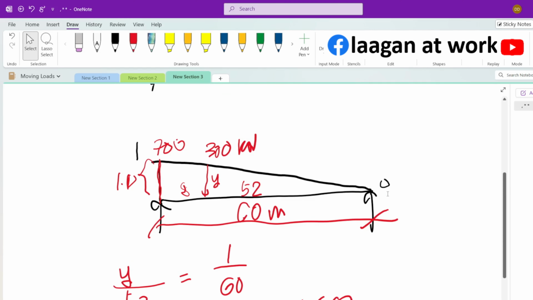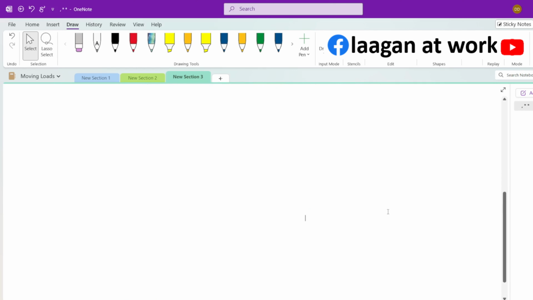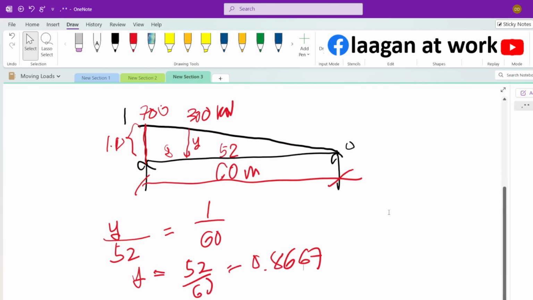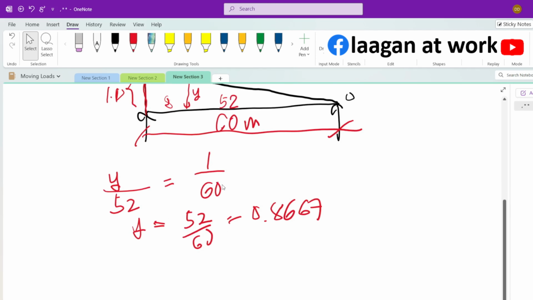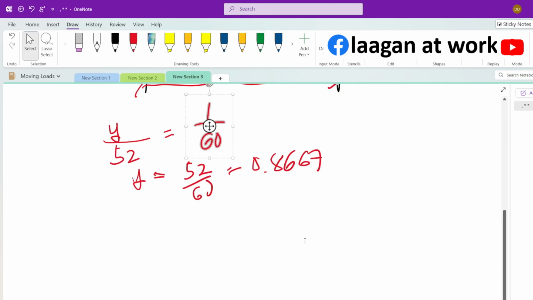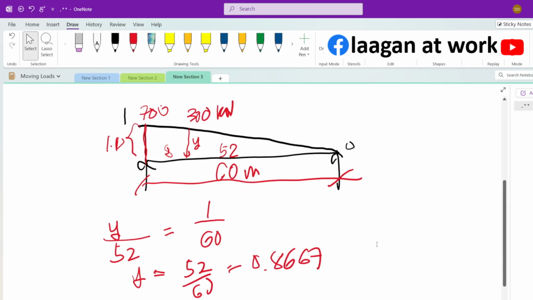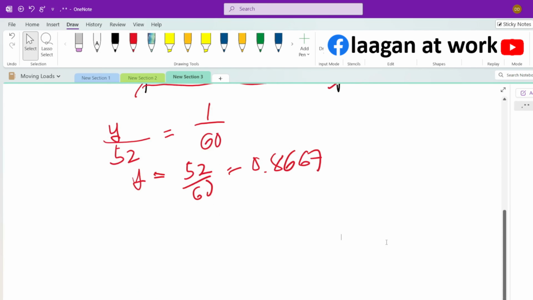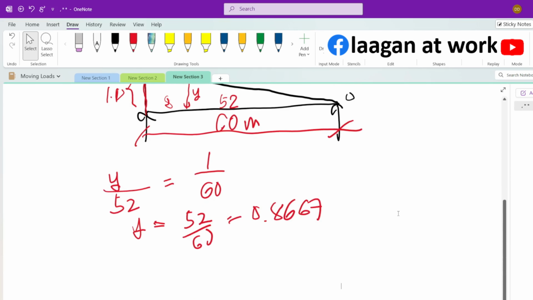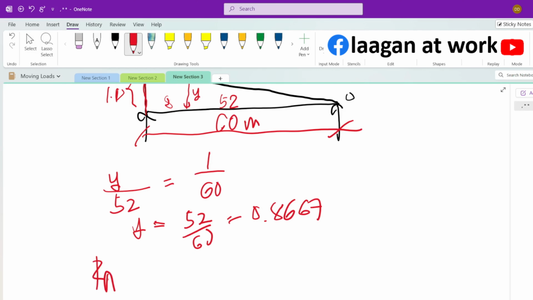So to determine the reaction at A, all you have to do is multiply the load by this ordinate here. Like for 700 is 1, and then for 300 is y. So reaction at A is equal to 700 times 1